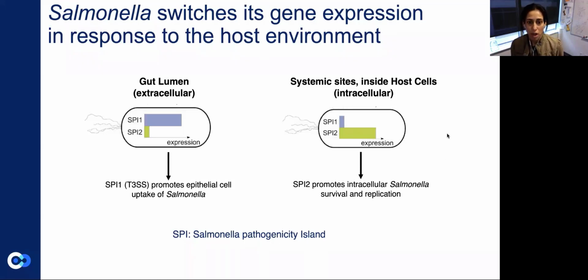And in mice, we can actually model this whole process in about 5 days using an IP model. We can also model this phenomenon in a very limited macrophage system, basically, where we just infect macrophages with Salmonella and follow gene expression of bacteria over time. And we can see that early on, Salmonella turns on SPI1, and then later on, as it becomes intracellular inside macrophages, it turns on SPI2. And so this in vitro macrophage infection system is one that we've been using in the lab, coupled with the in vivo IP model of Salmonella infection.